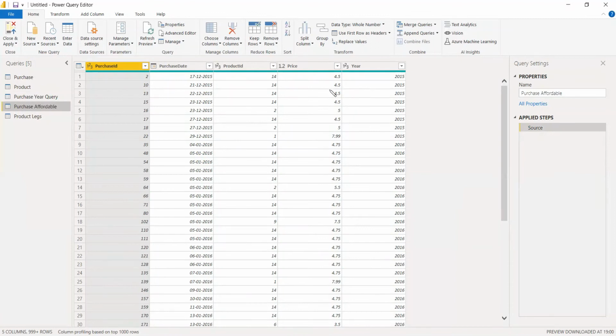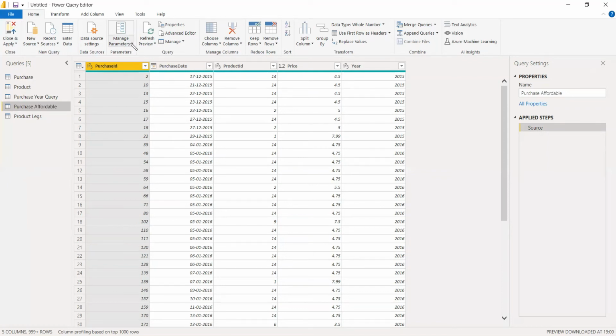All the prices less than 10 will be counted as affordable, and the prices greater than 10 will be counted as not affordable. We are going to create a parameter with a value of 10 that will differentiate between affordable and non-affordable prices. The first step is to create a manage parameter.